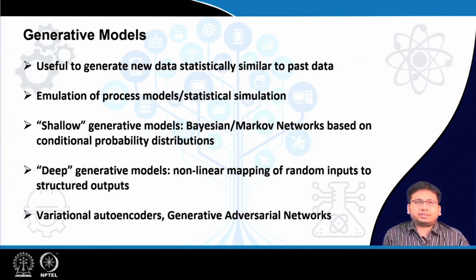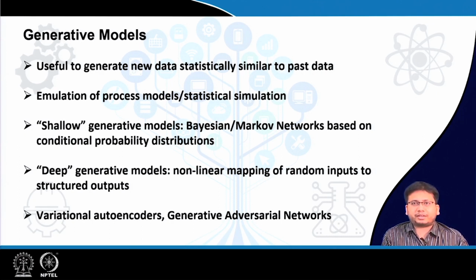So, these kinds of generative models can be useful in the domain of earth system sciences also. For example, when we are talking about process models which do simulations of geophysical processes, they basically give you artificial data about the future starting from some initial conditions. It is basically the same as what we talked about, that is, it's creating some kind of distribution of the variables of interest in future,